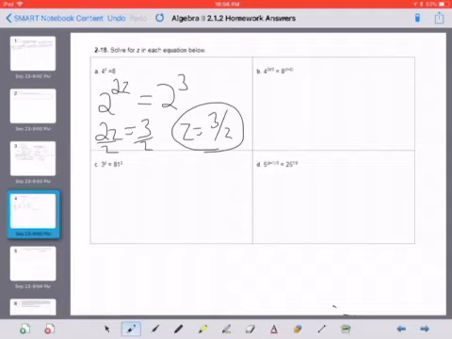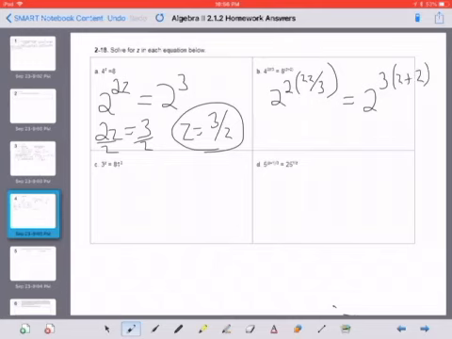So I'm going to do the same thing in part B. I'm going to change them so they're both base 2. So I get 2 to the second power times 2z over 3 equals 2 to the third power z plus 2. So now I know that it's really 4z over 3. So 4z over 3 equals, if I distribute, 3z plus 6. So then I'm going to multiply everything by 3. So now I'm going to get 4z